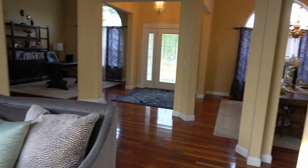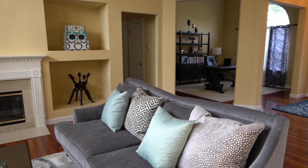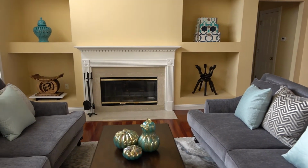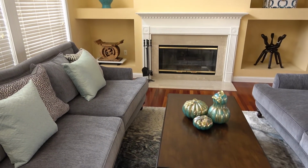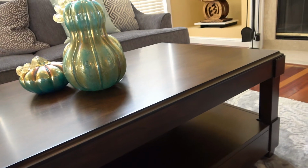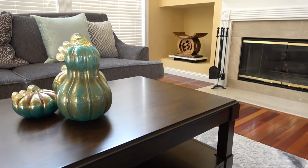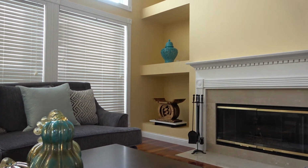My 2 African pieces I have at the bottom, I will probably move to the top because it's so high up, and then I'll probably just use the 4 boxes at the bottom to change things out seasonally. One of the things that I like is that the couch is very simple. I can put my turquoise pillows with it, put some turquoise coffee table decor, and 2 pops of turquoise in the fireplace area, and it just pairs so well with the rug,